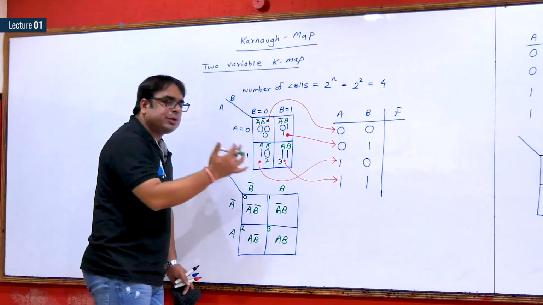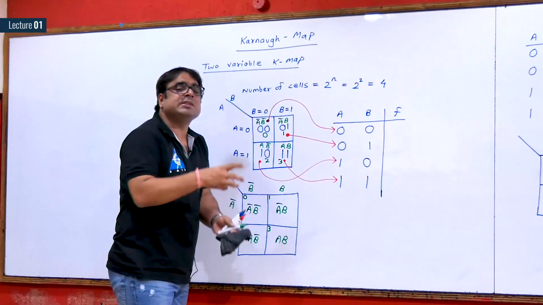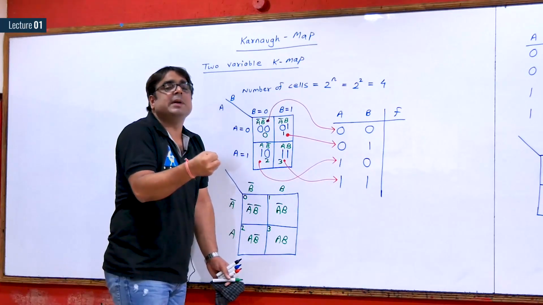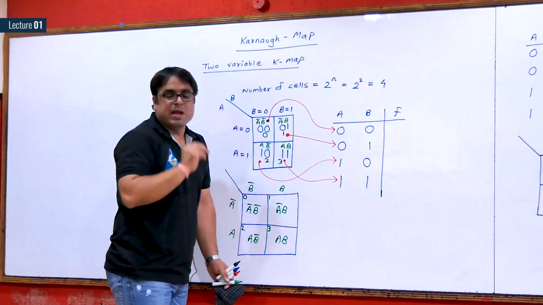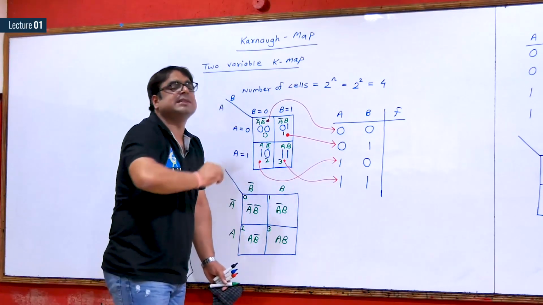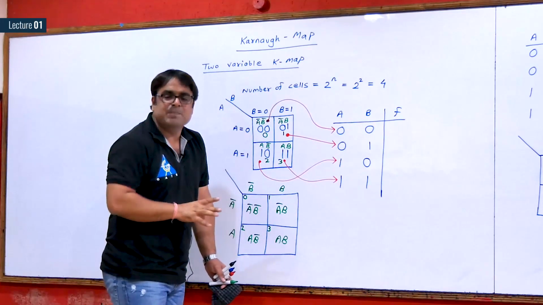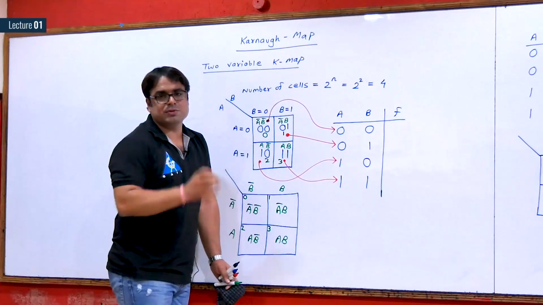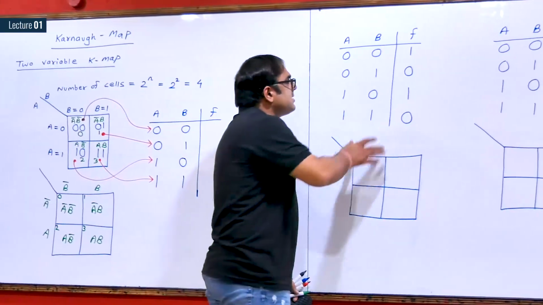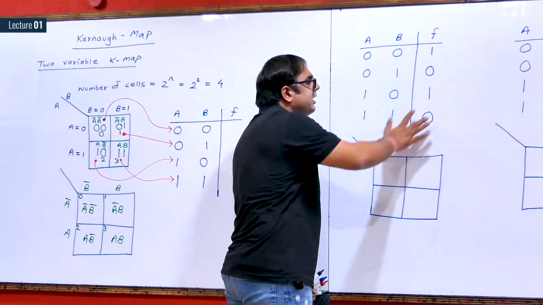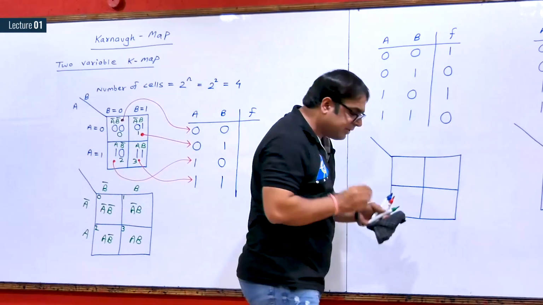Now, let us try to solve some questions based on K-map. We will try to learn how minimization occurs in K-map and what the reason for that minimization is. If you have the exact picture in your mind of why and how you get the minimized expression, nobody can ever confuse you in K-map. Please see here. Now, let us consider that I need to minimize this Boolean function using K-map. First of all, I should make the structure of the K-map.